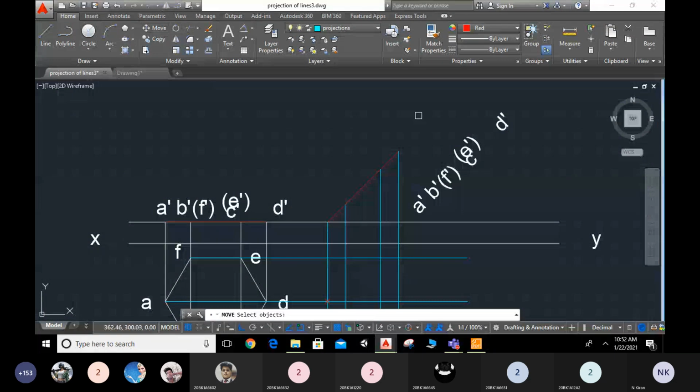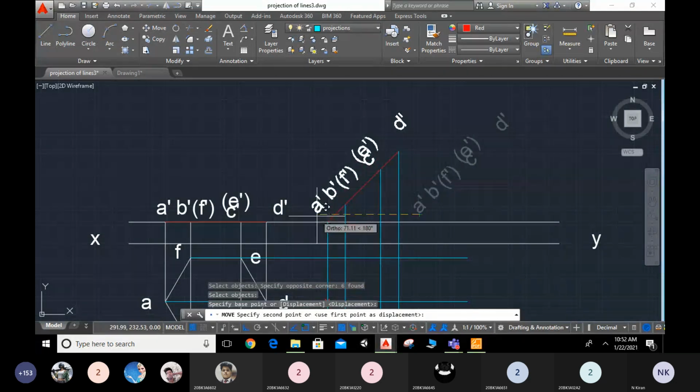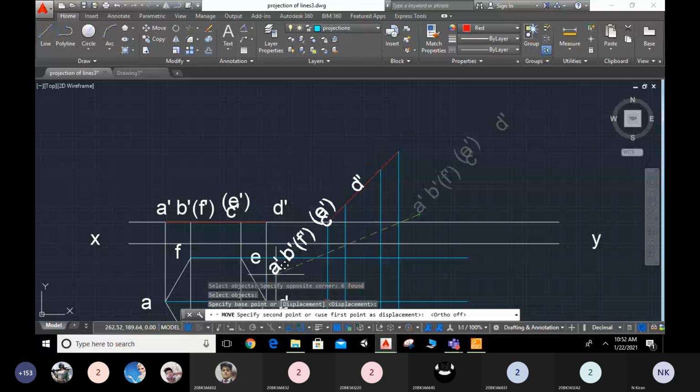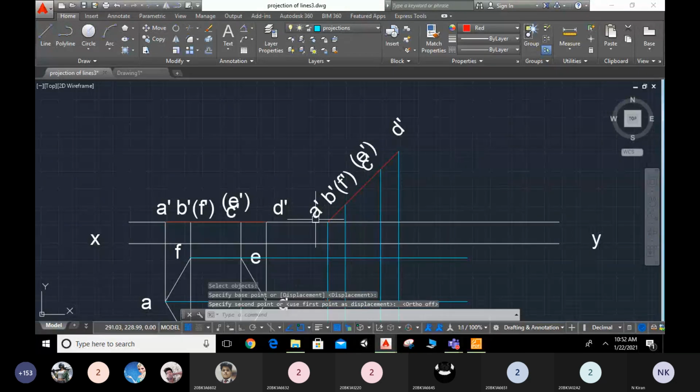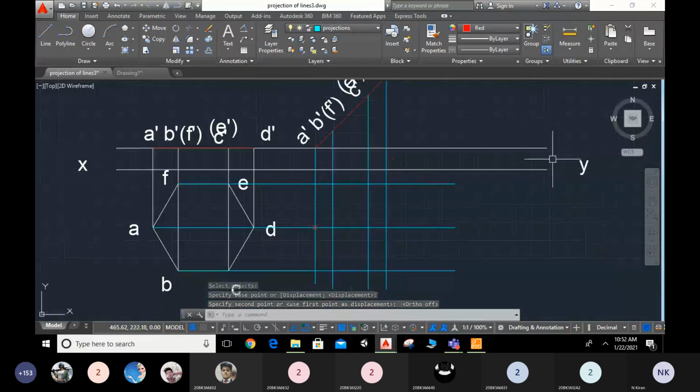Now what I will do, I will move these commands to this one. Move, and I will select whatever points are there and enter, with this base point, and I will move here. As it is ortho mode, it is taking only the straight line. So wherever I want, I will place like this. Now is it okay? So is it clear now?